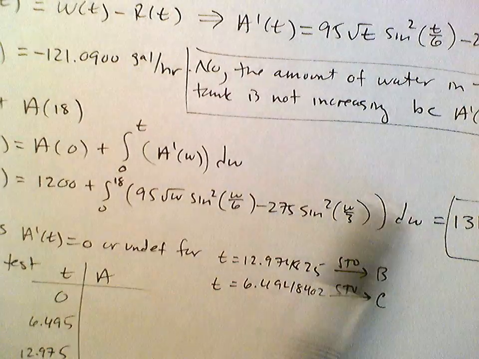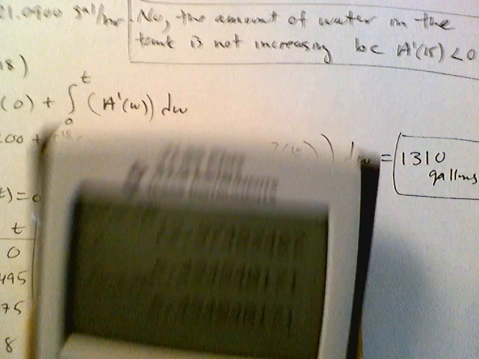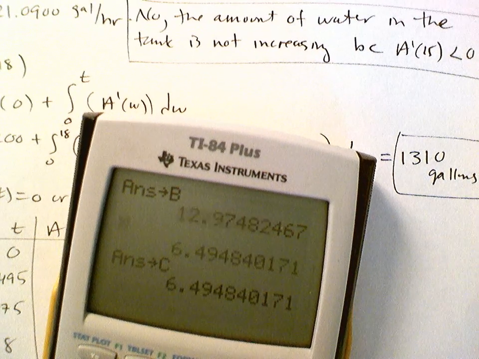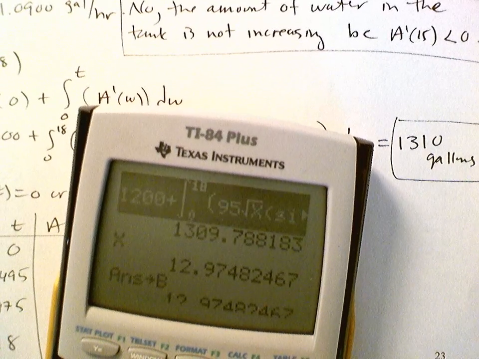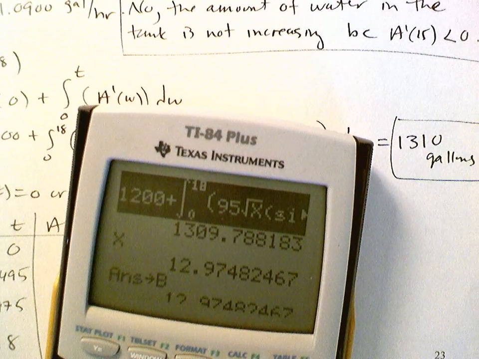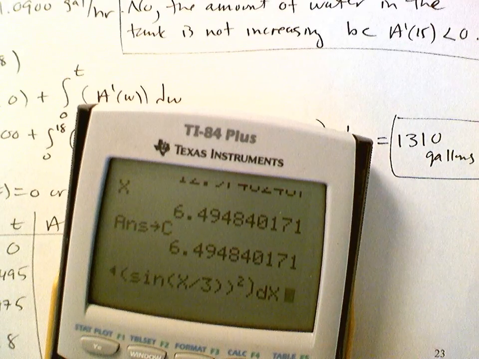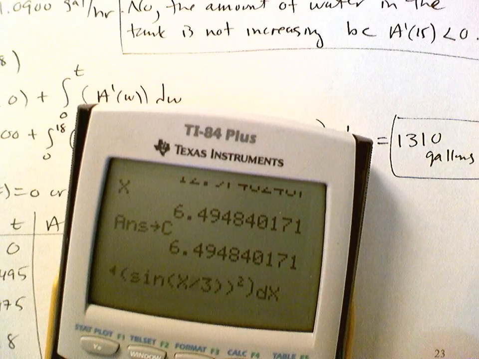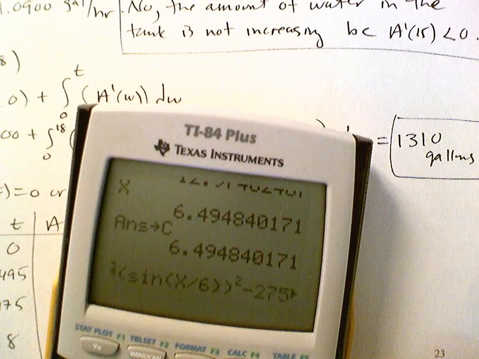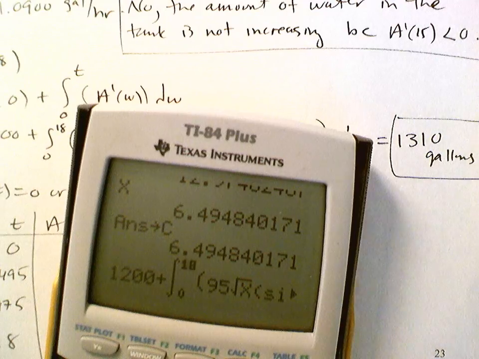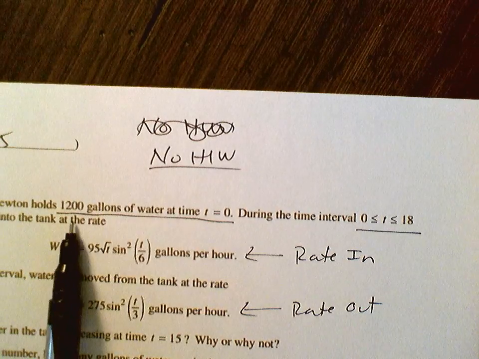Don't bother to type this in over and over. If I go to my calculator and just go up until I find where I used that, and then highlight it and hit enter, it'll bring it up again. Then I just go to where the 18 was in the upper limit, and I can hit 0, and then B and C. Actually, I don't even need to hit 0 because I already know at time t equals 0, I would get